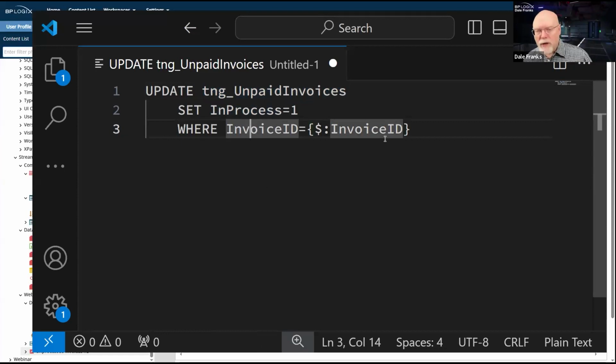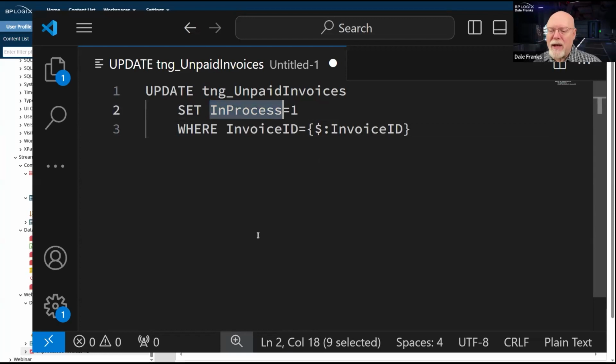So one of the reasons why I pulled the invoice ID off in the stream action and made it a form field is because the very first thing I'm going to want to do in my process timeline is reset the in process status to 1 rather than 0. So if for whatever reason that stream action runs again, this record will no longer match the criteria for record selection that I've placed in the stream action.